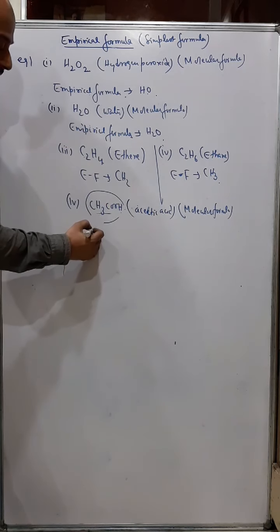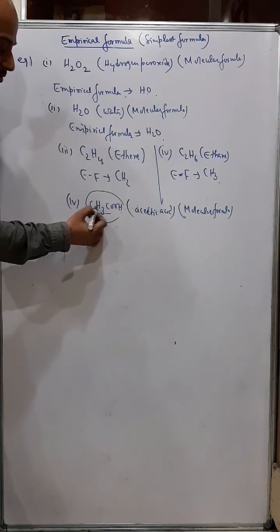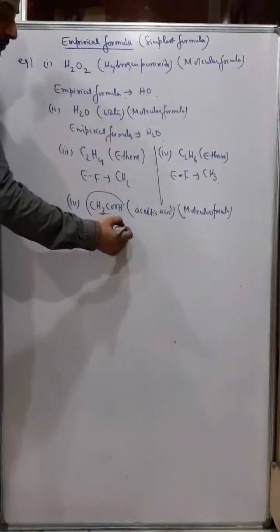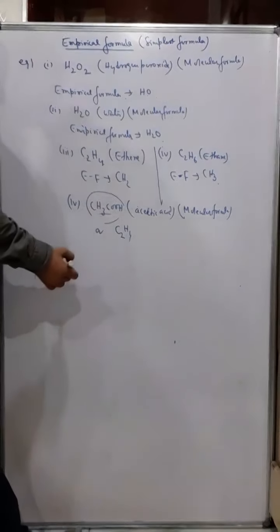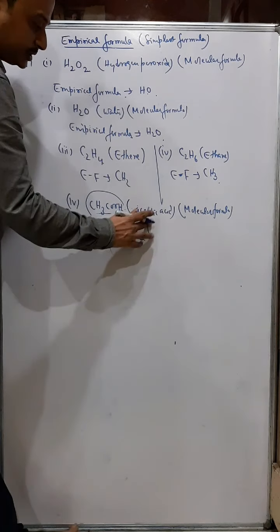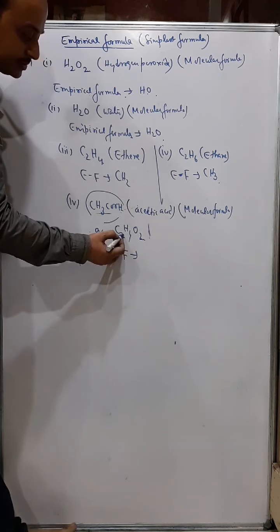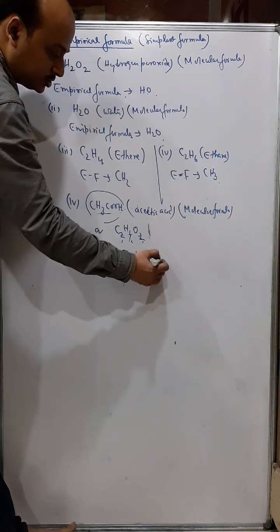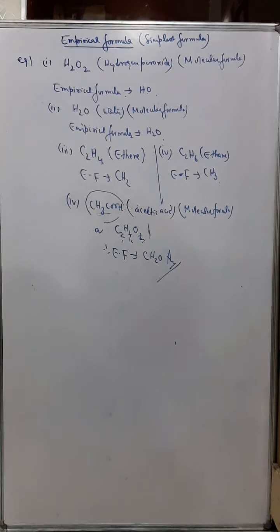So the actual molecular formula: you see carbon, how many? Carbon is C2, so you have C2. Hydrogen is how much? 3 and 1, 4, so you have hydrogen 4, and oxygen you have 2, right? So this is the molecular formula now, and therefore for the empirical formula, if you cut the common terms, you get 1 here, 2 here, 1 here, so it will be CH2O. Understand? That's all in empirical formula.